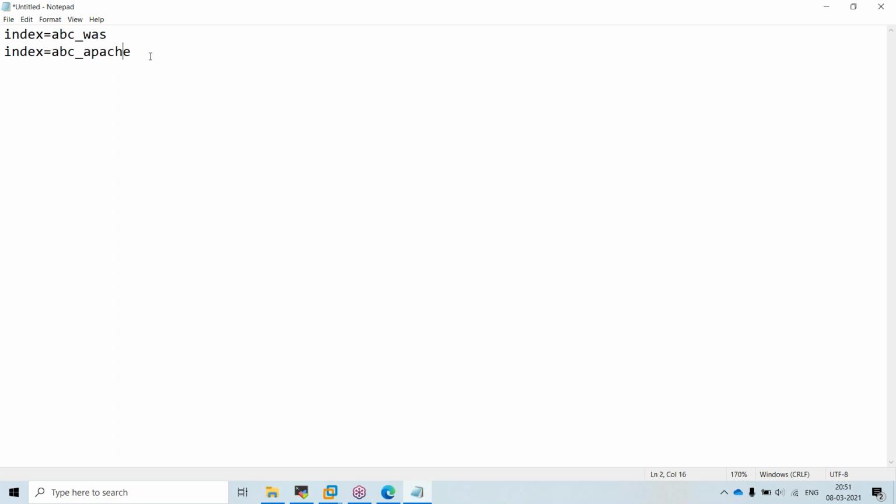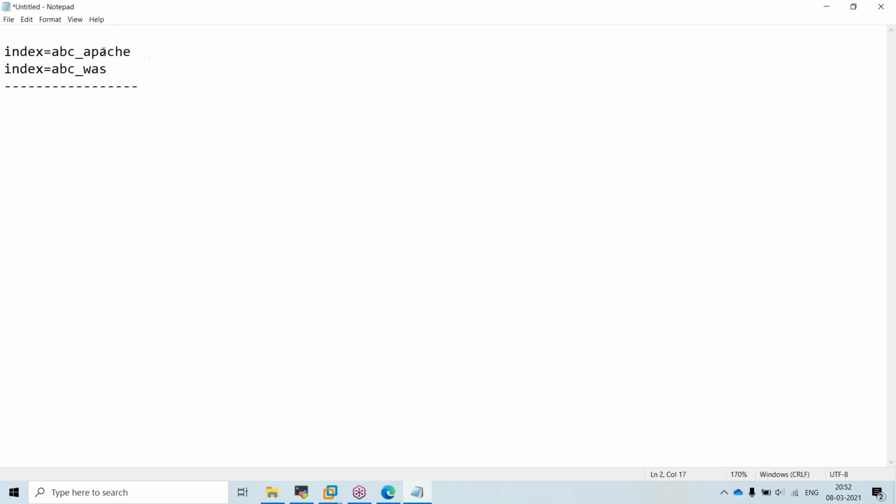Now your manager has asked how many errors there are in the complete end-to-end flow. Say the Apache web server will call the WAS server. First the endpoint would be Apache, and from there some web service call will go to the WAS logs. So he wants to know how many errors there are in the complete end-to-end flow.